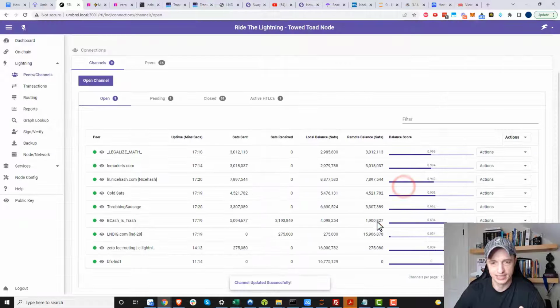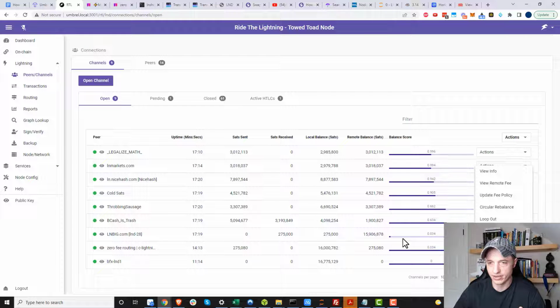Give that a shot. Coming on down, LN big. I've had no transactions either, but I don't really have any local liquidity, and I don't really want local liquidity. I don't really want transactions going out of here, so I'm going to leave the fees high for now. If it starts to balance out a little more, then I might lower the fees or play with it, but